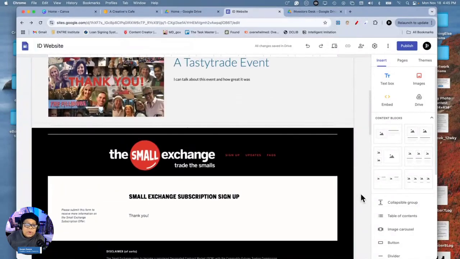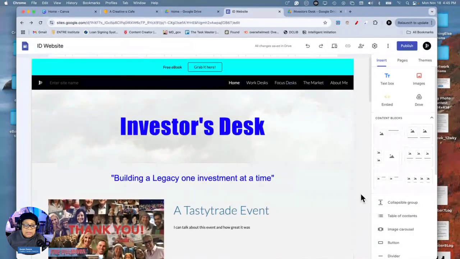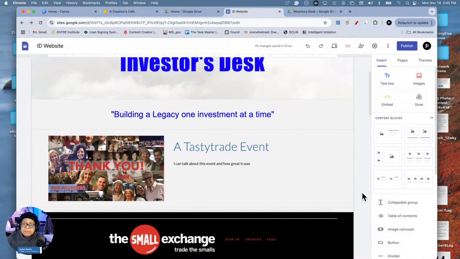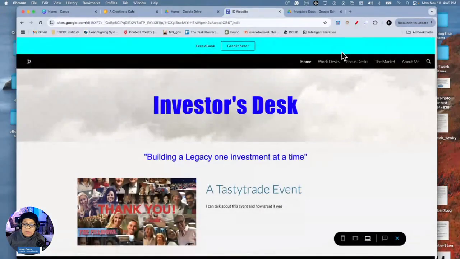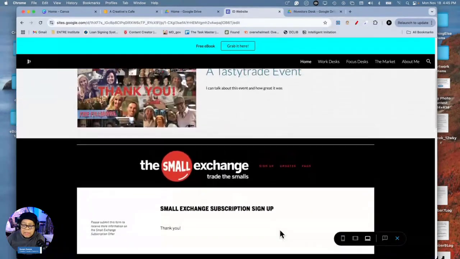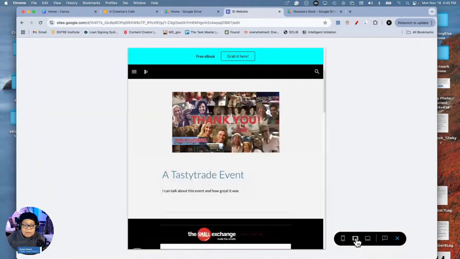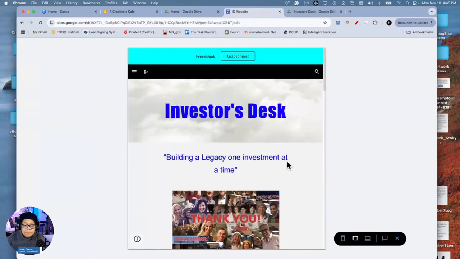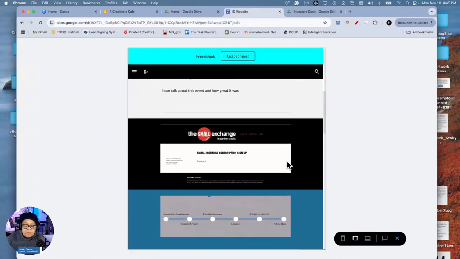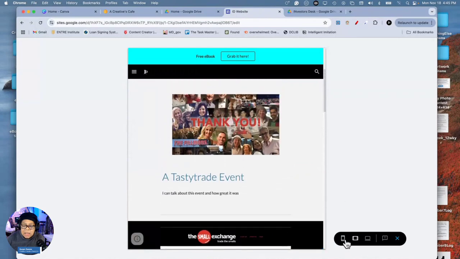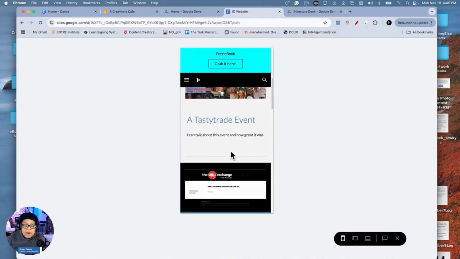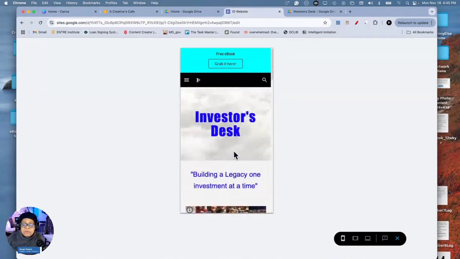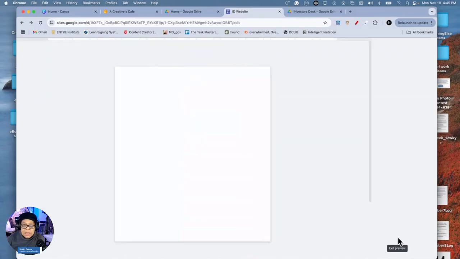Now, I've worked on several sections. I want to make sure everything is the way it is supposed to be. So I'm just going to check it real quick. And great. It looks good on a computer so far. So far, I like it. Let's see how it looks on an iPad. Okay. I like it so far. Great, everything's in line. And let's see how it looks on a cell phone. Okay, so far everything's in line, nothing is cropped out, and I can go ahead and X out of this